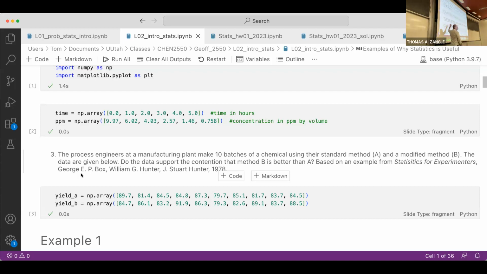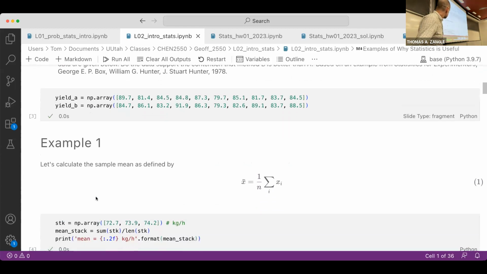So these are the actual measurements that you get for yield from batch fabrication of this chemical. And so we'll look at starting to address this problem using some of the tools that we have. But again, a final answer we are not going to get until later in the class. All right, and again, you'll note just for the Python piece that we've put these in as these NumPy arrays, is the syntax that we're